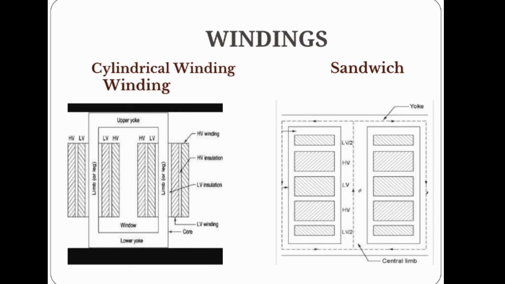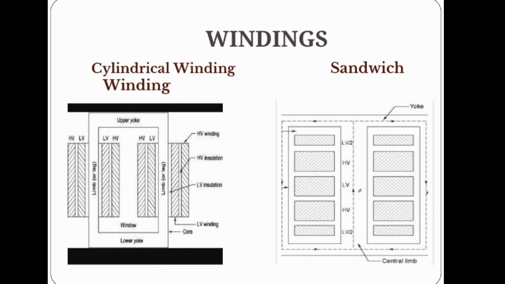In general, copper windings are used in power transformers. Power transformers are those used at the transmission level. That means for increasing the voltages from generating stations to the transmission system, and it is used at the primary transmission system. They are also used to step down the high voltage to a lower voltage between the transmission and distribution systems. So power transformers have a higher rating. In such power transformers we use copper windings.